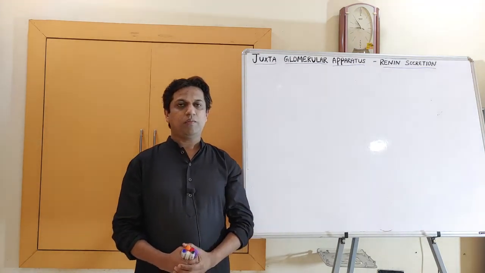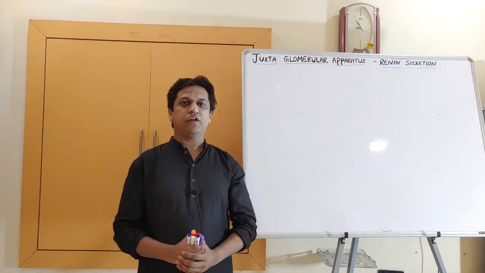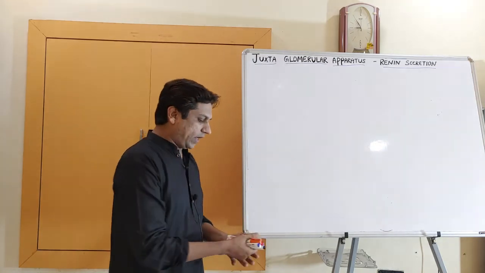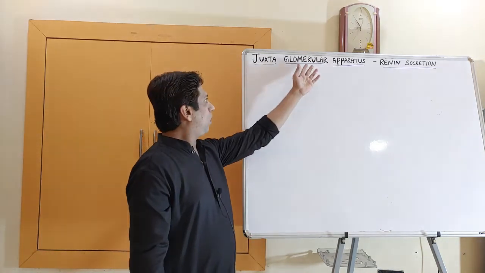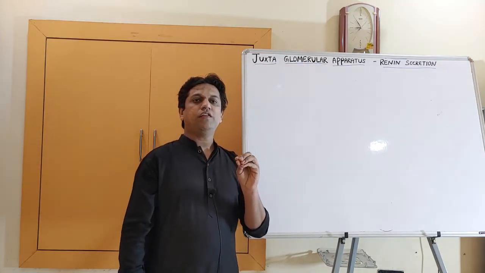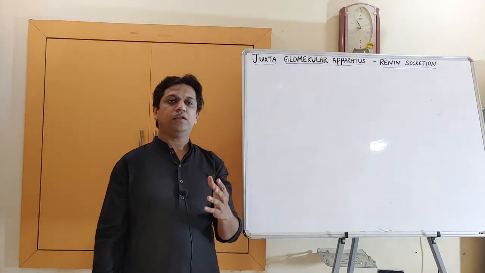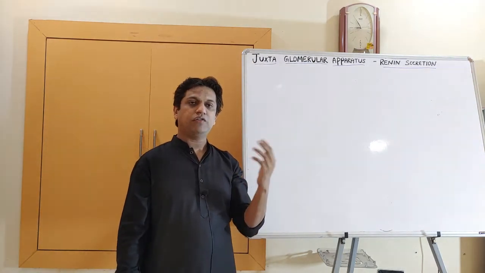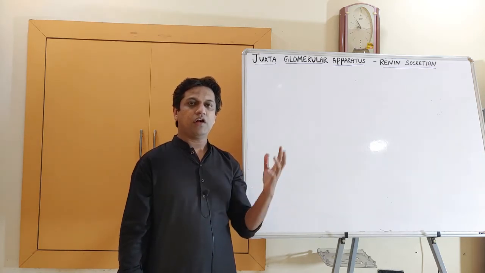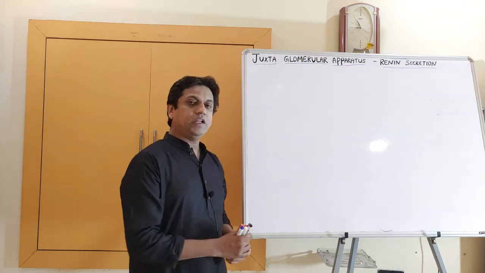Okay, so basically it is a part of the renal system, that is the excretory system that deals with the kidney and its function. We will try to study what exactly the juxtaglomerular apparatus means and what its role is. That is, it will secrete one enzyme known as renin, and we'll look at what exactly this renin angiotensin aldosterone mechanism means and what its clinical application is in maintaining blood pressure.